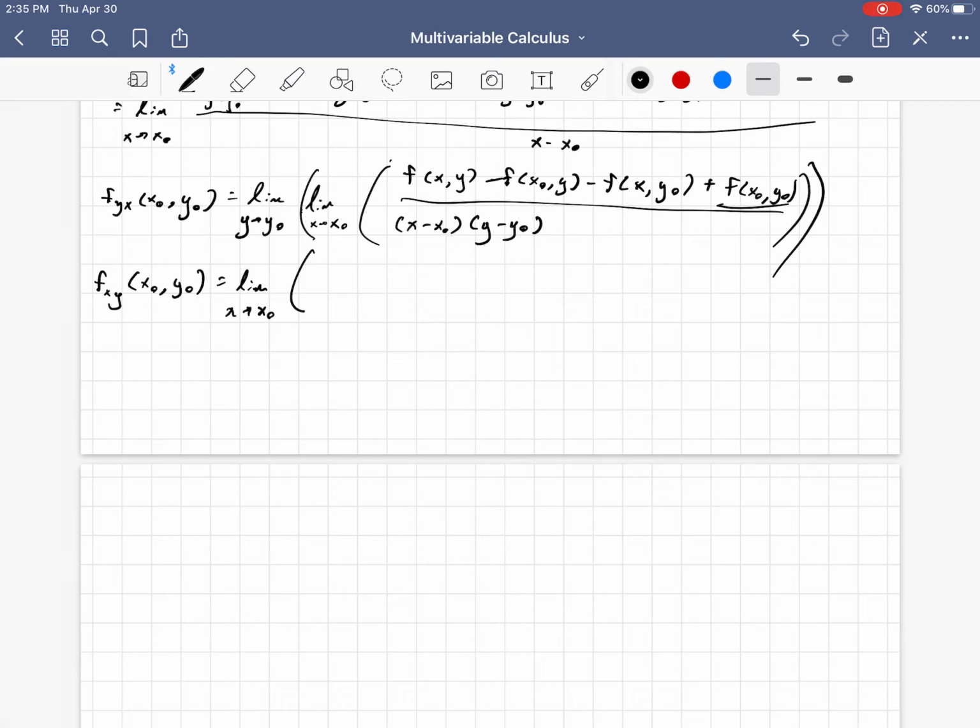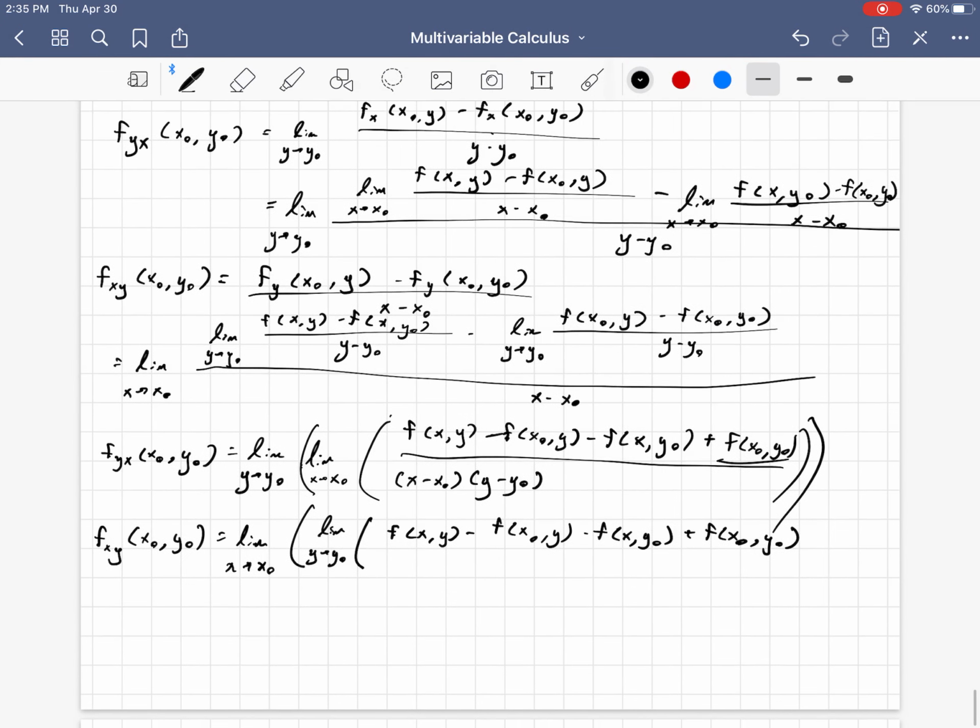And then here I'll write the limit as x approaches x naught of the limit as y approaches y naught of, and then likewise we'll have f of x comma y minus f of x naught comma y minus f of x comma y naught plus f of x naught comma y naught,